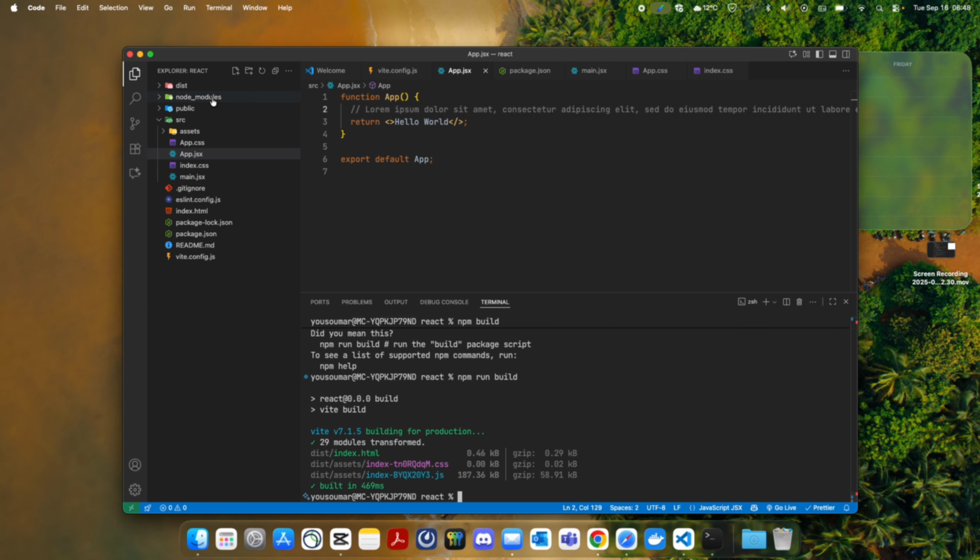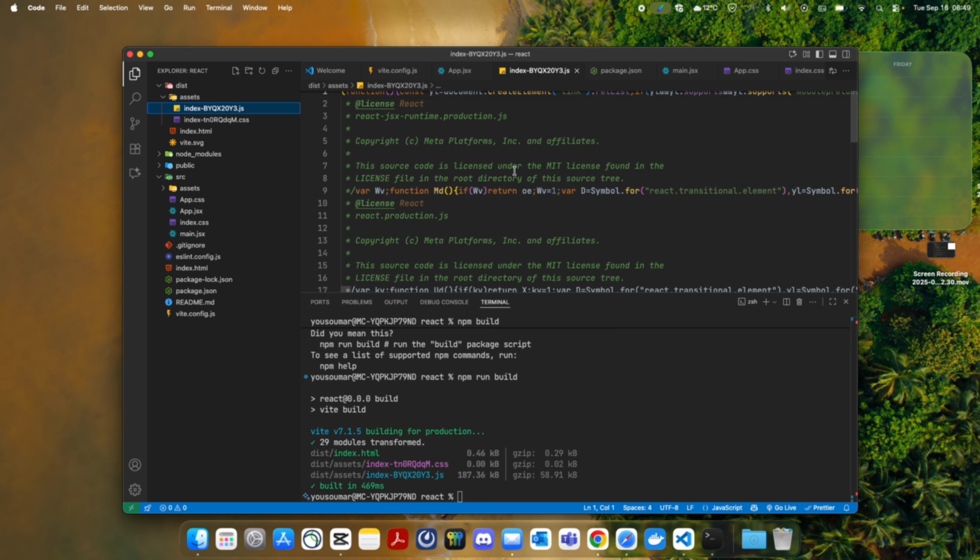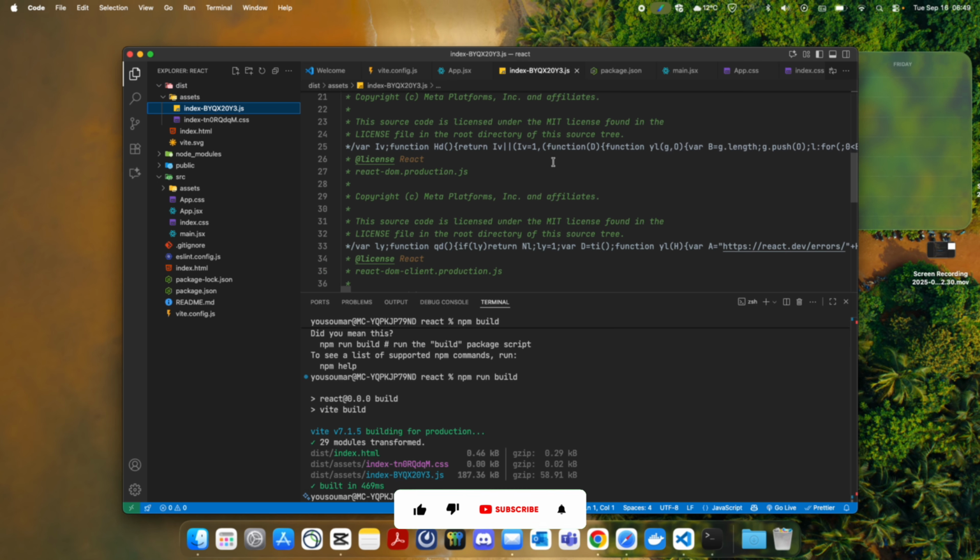So we build it, and then we're gonna get this folder. In this folder we are gonna have a transpiled version of our React project. Our React project could be built across multiple files. Each component that we talked about in the previous video could be in one file, and we're gonna explain this in a bit. You can see everything is actually stripped down to one JS file and one CSS file, and